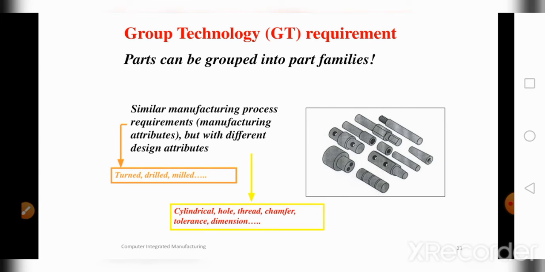If we have similar products, it is very easy to shift from one part of the family to another part. But if they are totally different, it will be very difficult to take the changeovers. So, according to the demand, parts having similar part families are grouped at one time, and those with different properties, similar to each other, are grouped as another group. Like this, a number of groups will be made, which we call group technology.